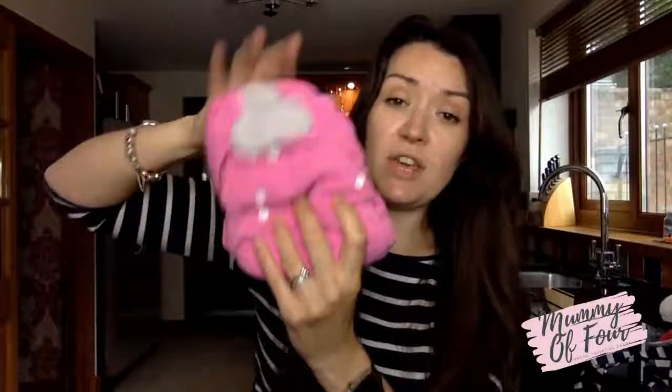Right. So this is like the underneath bit. I do always put a little liner in it as well, just because it kind of keeps the bit next